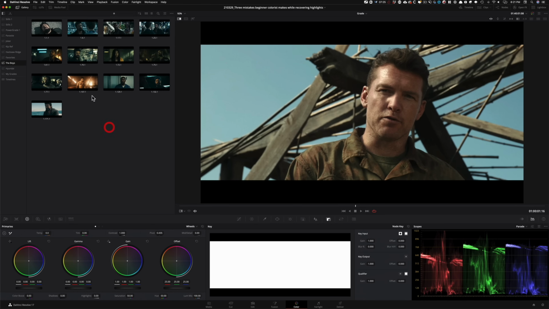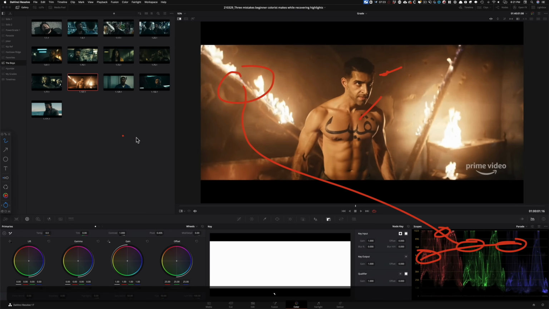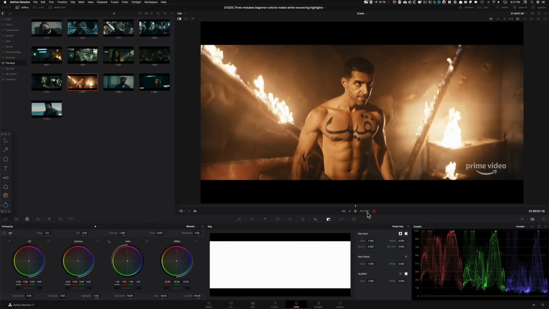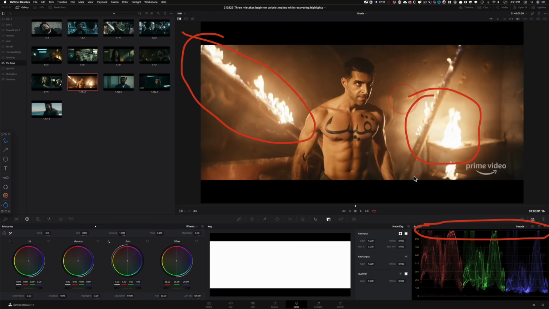Let's look at some examples from the boys. So what's happening over here? Once again, if we look at this shot right there, look at what is going on all the way over here. It's this right there. Okay, so these are highlights that are beyond the point of recovery. So you let them go. What's happening over here? These are recoverable highlights and they're being recovered right here. So that's something that you need to